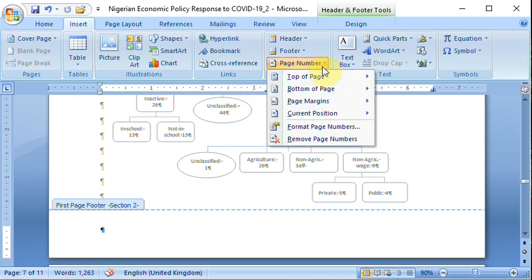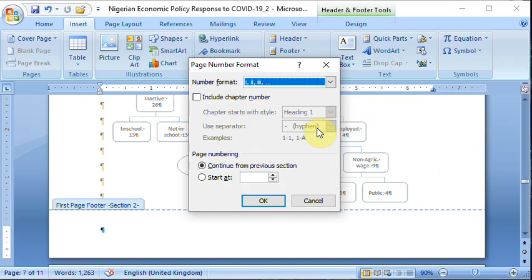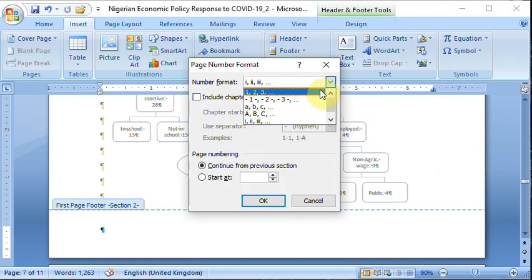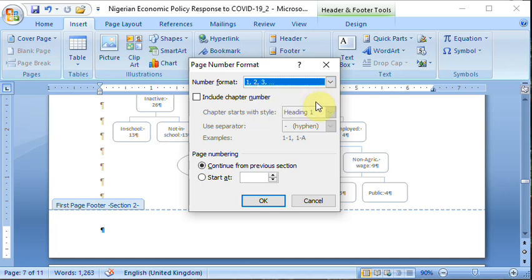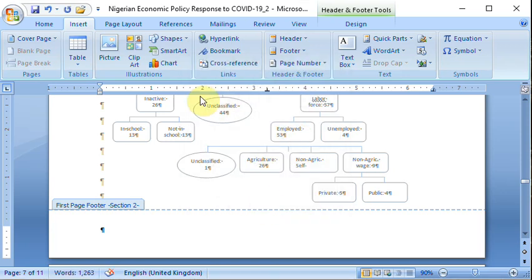But you don't just drop the number, you go and format. You see Format? I now return it to Arabic numbers 1, 2, 3. You return it first, and then I want you to start counting from number 1. If I don't do this, it will count from where the former one stopped. So count from number 1. I click OK, and then I now insert the number